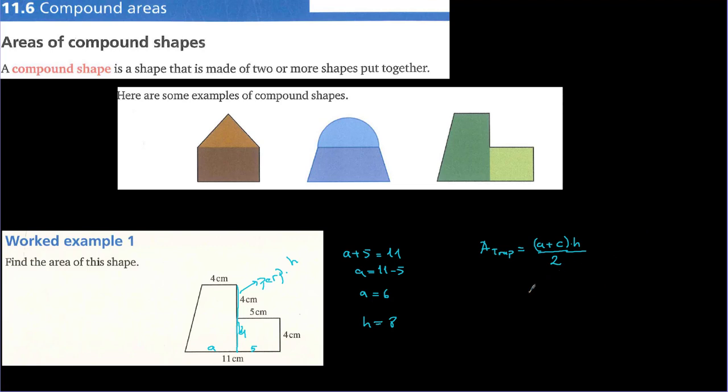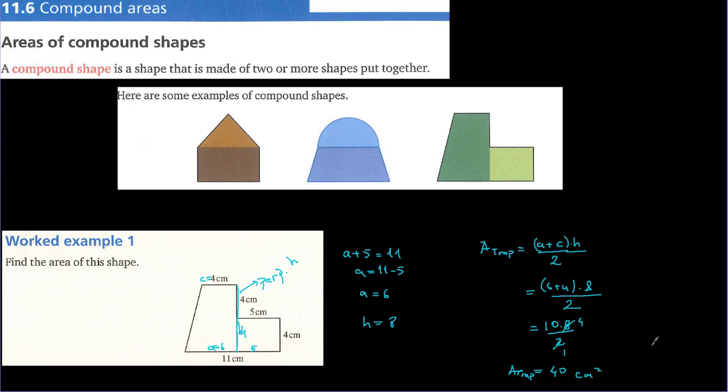With respect to that, the area of the trapezoid: A is equal to 6, C is equal to 4, so (6 plus 4) times H, which we found is 8, divided by 2, which is equal to 10 times 8 divided by 2. If you simplify, 8 divided by 2 is 4, so it's 4 times 10, which is equal to 40. This is the area of the trapezoid,